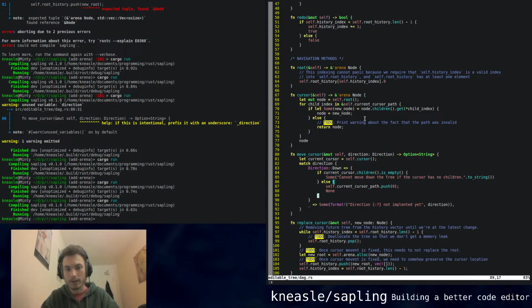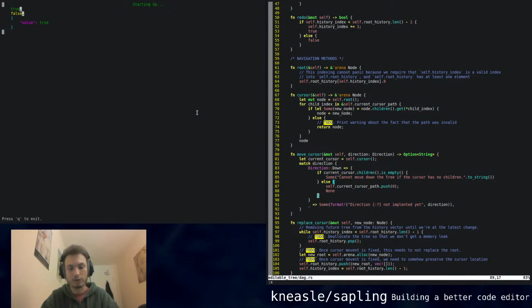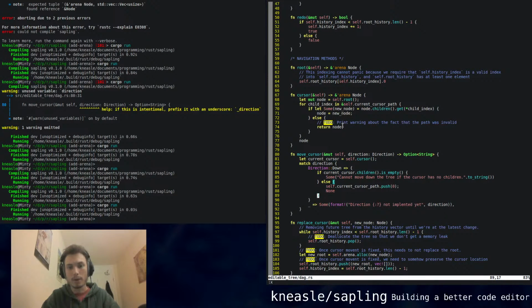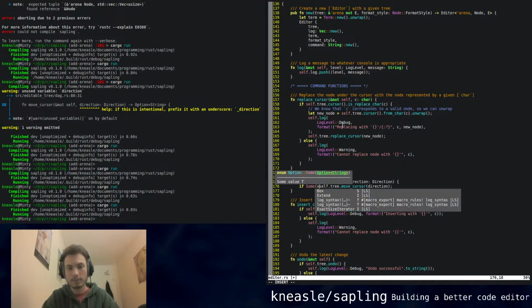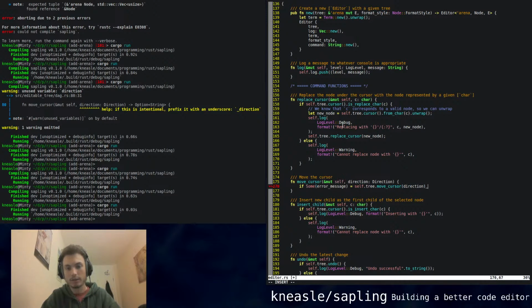However, what's not happening is that we should get a debug print if we try and go below. You can't see this, but I'm trying to move to the child of true, which is doing nothing because there's no child to move to. But it should print whatever we returned. Move cursor. Okay, yeah, if some error message. I probably should have done this properly with error handling, but